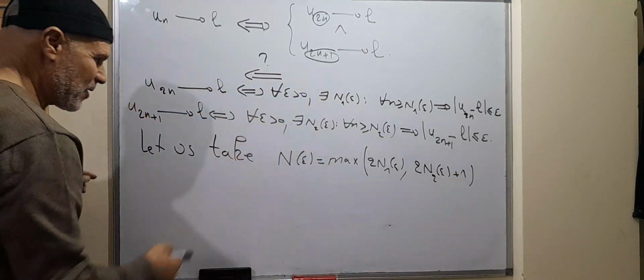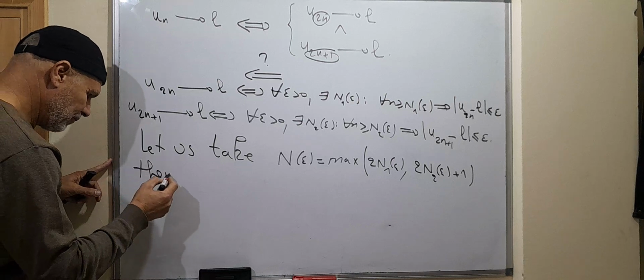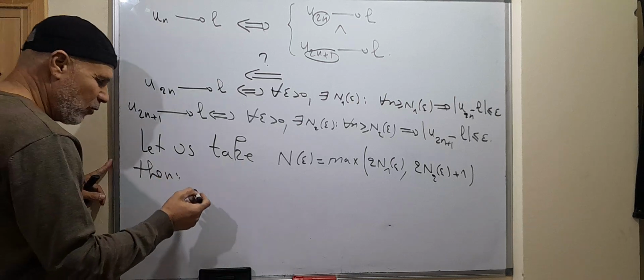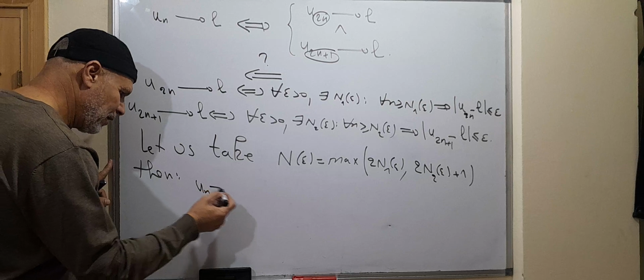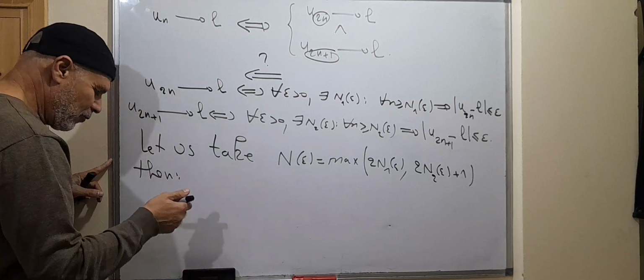If we take an epsilon like this, then what do we have? We have u_n converges to L. Why? Because then we have